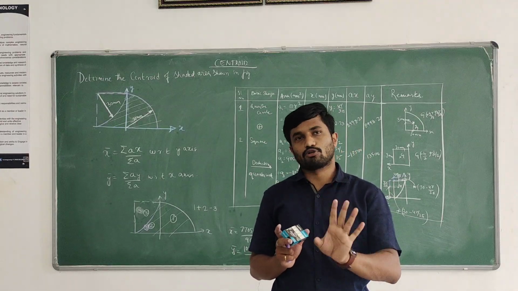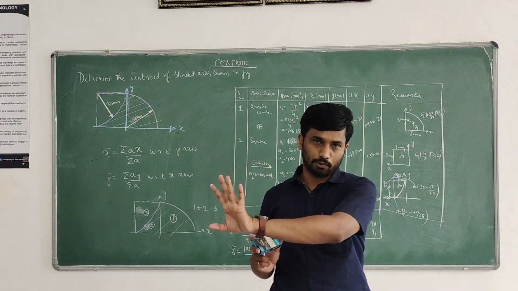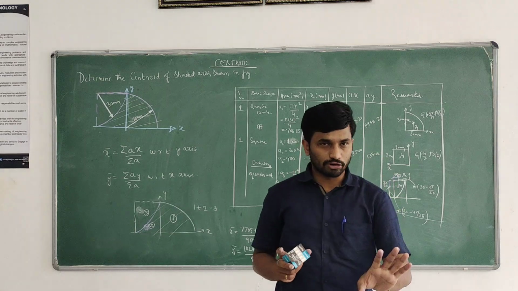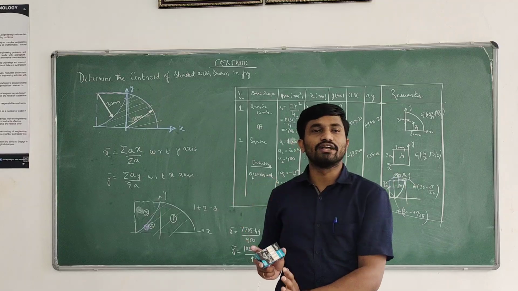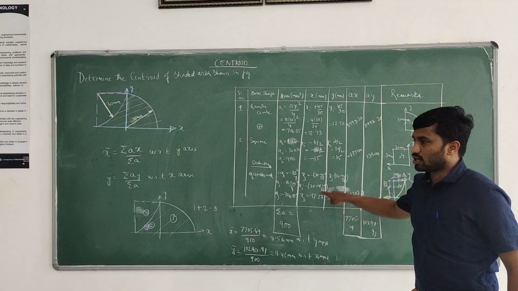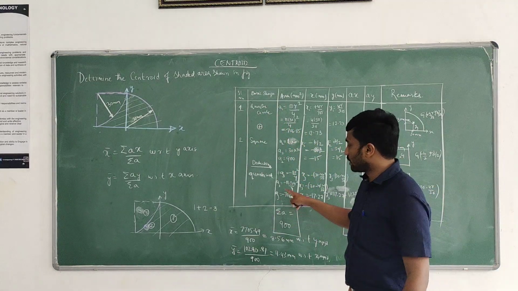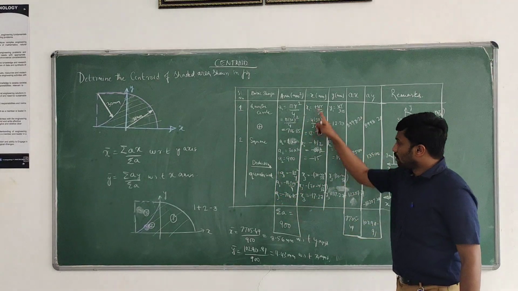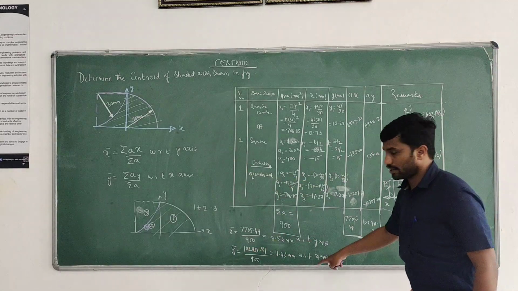Also one more important thing is quadrantal signs. If it is in the first quadrant, both x and y are positive. Second quadrant, x is negative, y is positive. Third quadrant, both x and y are negative. Fourth quadrant, x is positive, y is negative. So consider quadrantal sign in x and y. Consider if it is not shaded area, you are removing the area, consider negative, deduct in area part. Finally compute sigma A, sigma AX, sigma AY, substitute in the equation, we get the centroid.